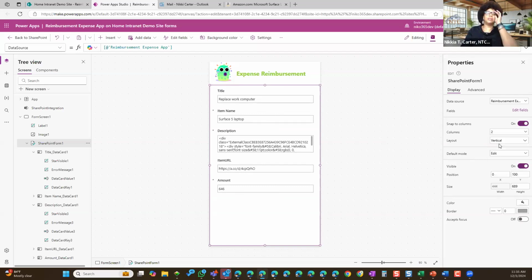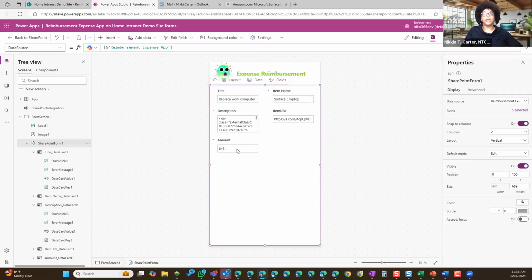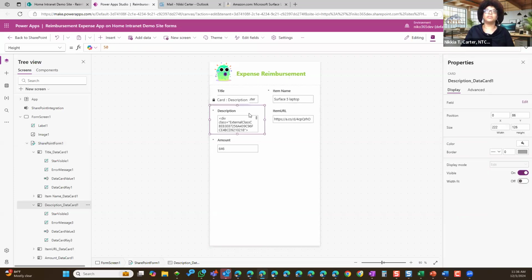And then I'd have to make some adjustments. So now I have the title, the item name, which these can be short. This is still going to need to be long, so I'm going to make the change to lengthen that back out. The same thing with the URL, just in case it's a long URL.